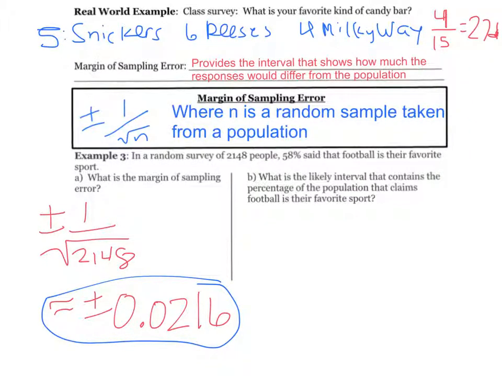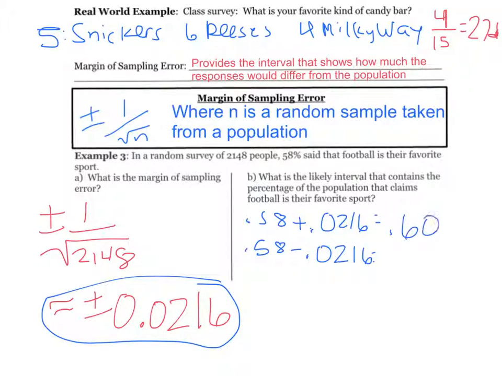So for B, when it's wanting to know the interval, we're going to go ahead and take what they originally gave us. So they gave us 58% originally, and if we write that as a decimal, we have 0.58. And we're going to set up 2 separate equations. Now if you notice, this margin of sampling error has a plus and a minus. So in one case we're going to be adding, and in the other case we're going to be subtracting this number that we came up with. So 0.0216 in both cases, just adding in one, subtracting in the other. And we're going to end up with 0.6016